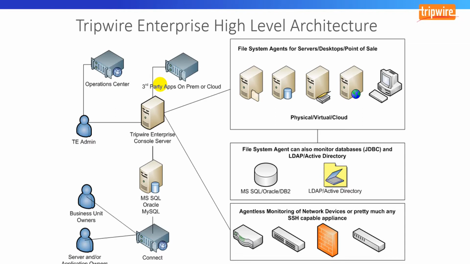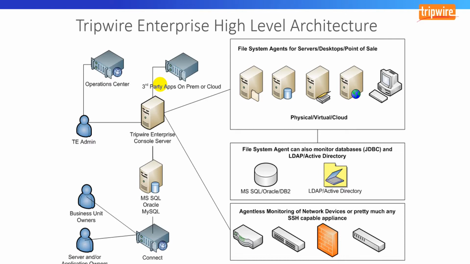So all the changes that we are collecting from your environment, it's saved on your SQL or Oracle database. So the Tripwire administrator will log in to the Tripwire Enterprise console using a web-based connection, encrypted using HTTPS, to connect with the Tripwire Enterprise and configure the systems and configure the reports and